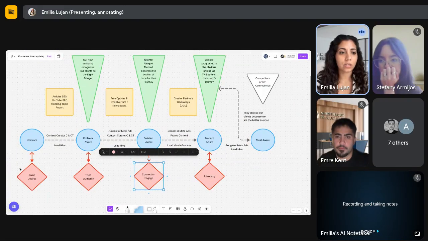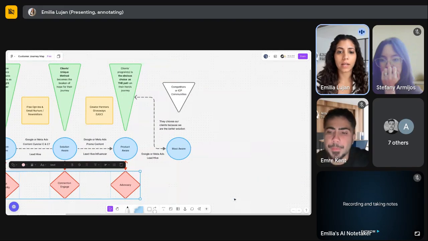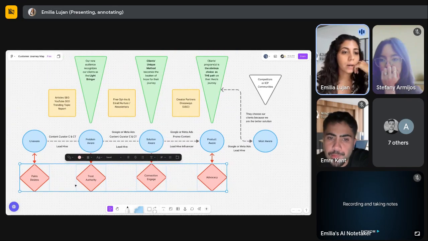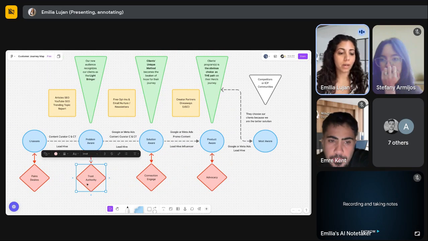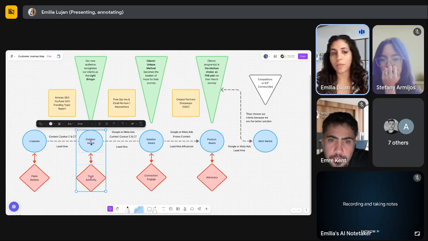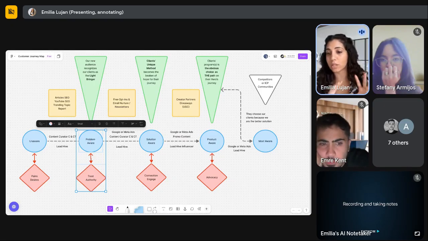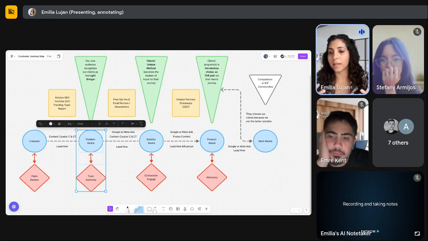So going back to these stages that I wrote here at the bottom, and then I'll finalize with the most aware audience. Here we talked about the most important thing when we're talking to a problem aware audience is building trust. That part of building trust and building authority never really stops. It needs to be consistent, because when we put our clients in front of an audience, we want people to say, "Ooh, I want to work with you." But that takes building a lot of trust and a lot of authority.